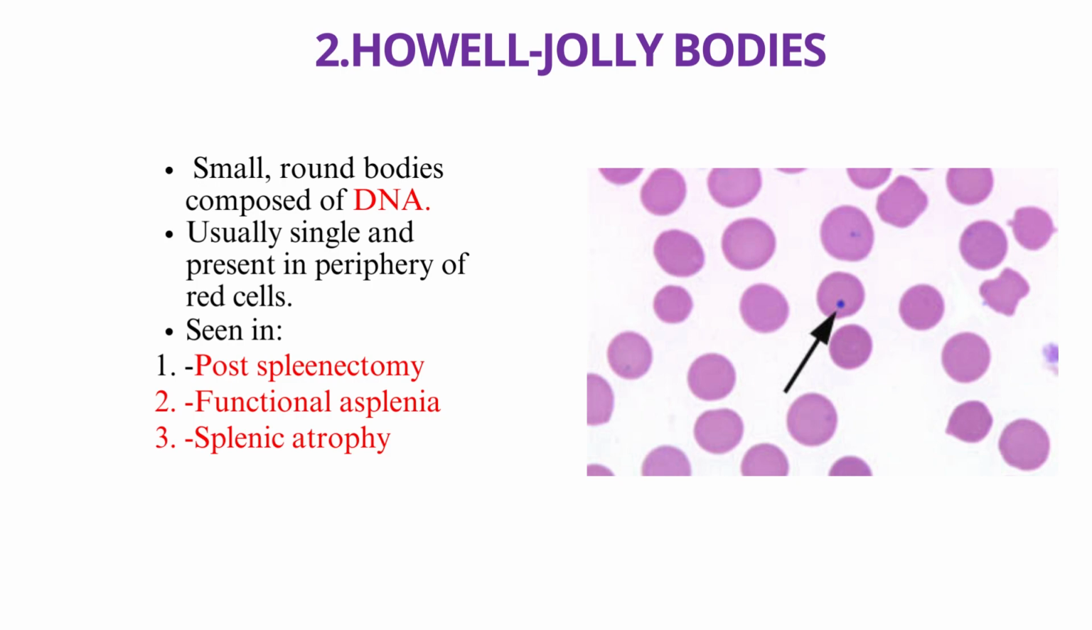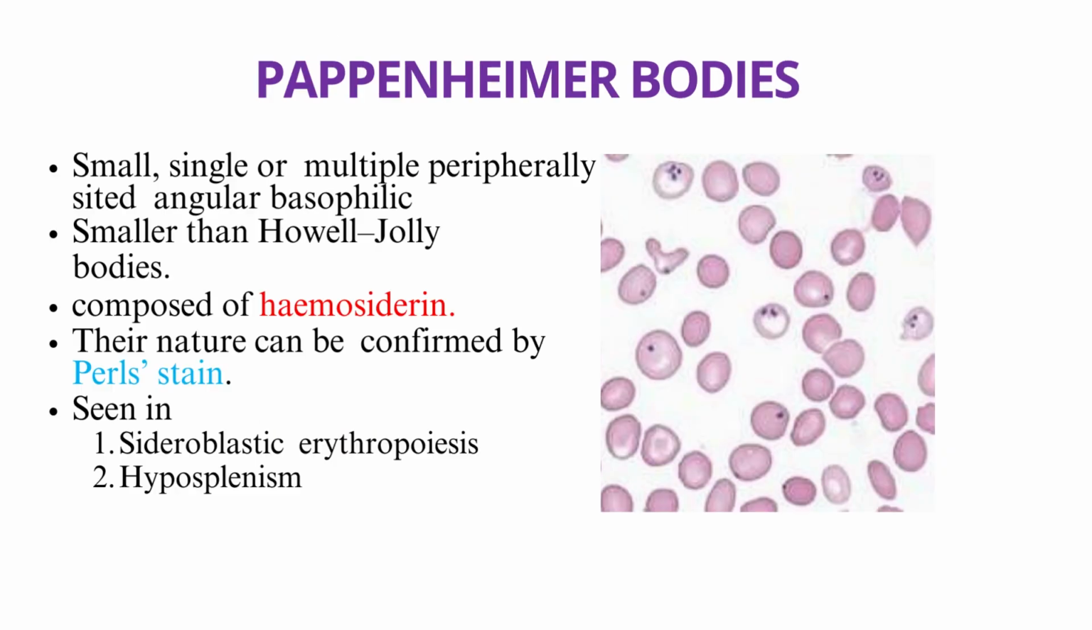So RBCs में एक सिंगल होती हैं Howell-Jolly bodies और एक पेरिफेरी पे होती हैं। जो पाइपनहाइमर बॉडीज़ है ना, वो मल्टीपल भी हो मतलब सिंगल भी हो सकती है, मल्टीपल भी हो सकती हैं, वो भी पेरिफेरी पे होती हैं और वो थोड़ी छोटी होती है इससे। एंड अगेन ये हमेशा स्प्लीन के कुछ डिसऑर्डर्स में मिलेगा, पोस्टस्प्लेनेक्टमी, फंक्शनल एस्प्लीनिया और स्प्लीनिक एट्रोफी में।